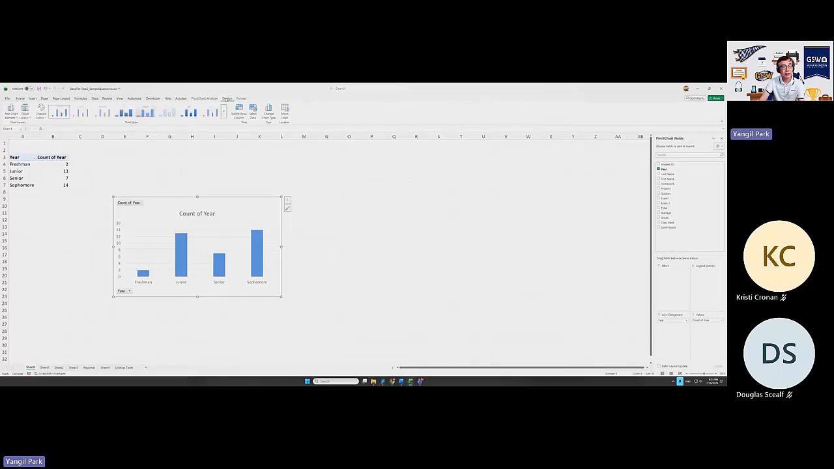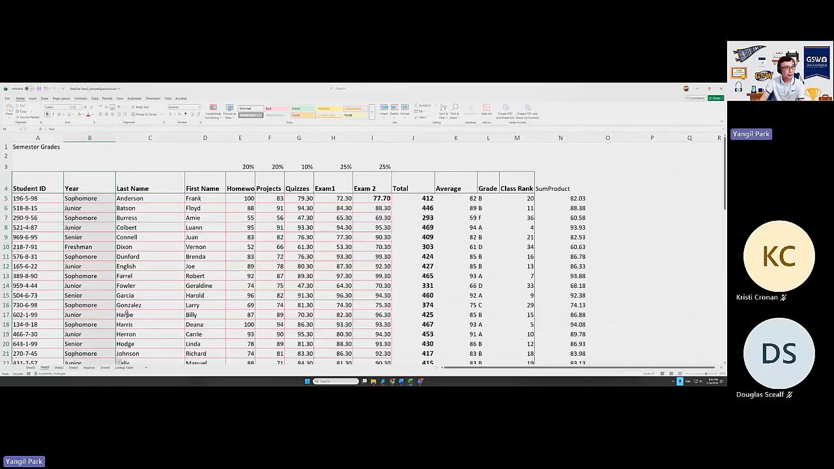So go to design, change chart type, then go to pie, apply pie. Okay, so that's the one way to do it. And the other way to do it is simply you count them manually. So for example, you have